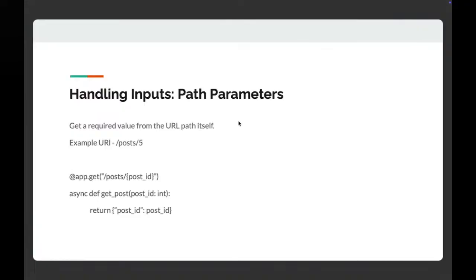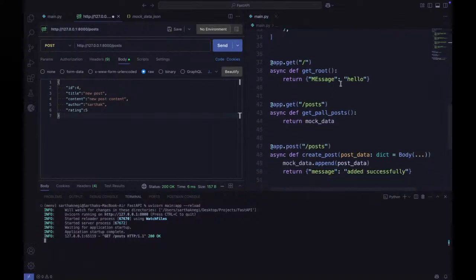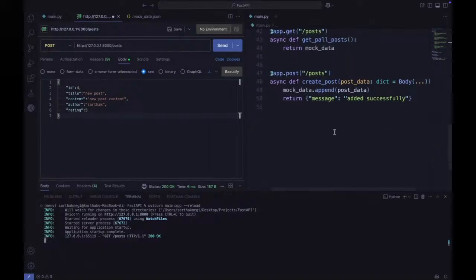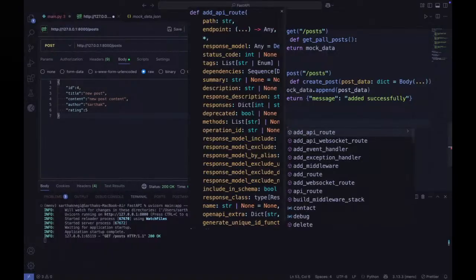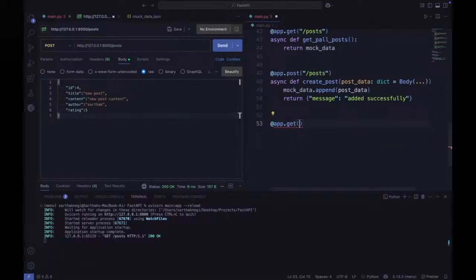And yeah, so handling inputs using path parameters. So what if we want to get a specific post? We have a get method here that gets us all the posts. But what if we want one specific post using the post ID? In that case, what we can do is create another endpoint, which is again a get endpoint, which will be /posts, and we can specify the post ID. And then here, again, create a function, get post. This time, this receives the post ID, and it returns back